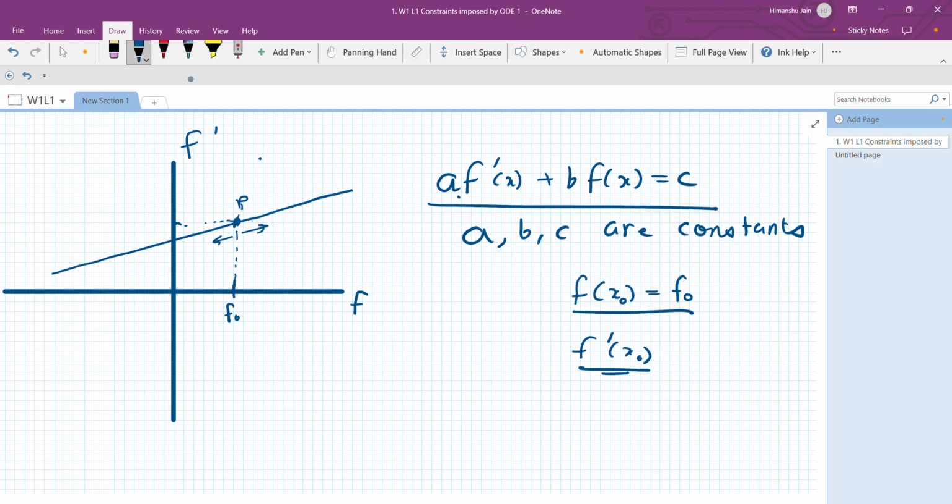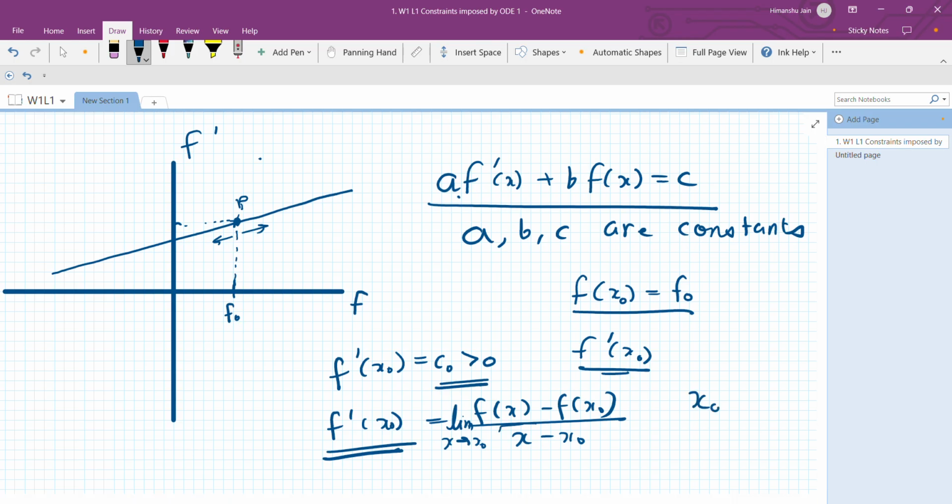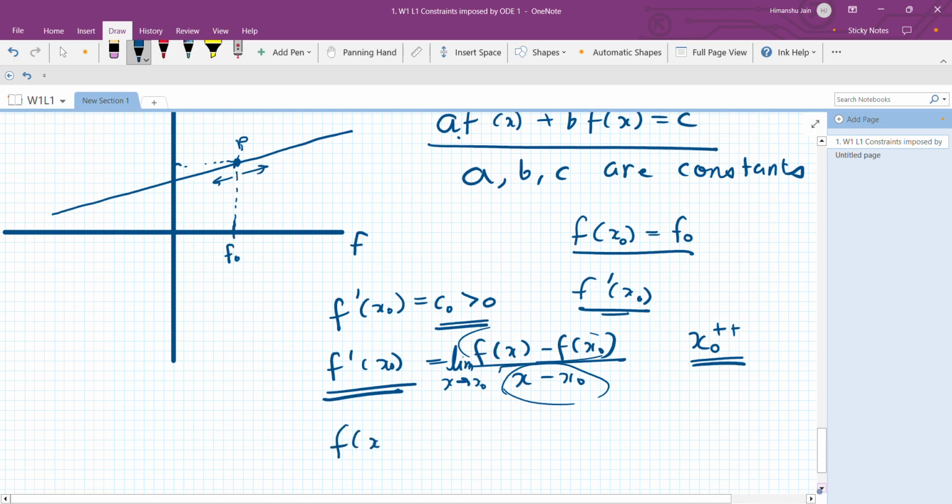So suppose we know that f dash of x naught is equal to some constant c naught which is greater than 0, where f dash of x naught is the limit as x tends to x naught of (f(x) minus f(x naught)) divided by (x minus x naught). If the derivative of the function is greater than 0 at x naught, and I move in the increasing direction of x, the denominator is always positive. For the left hand side to be positive, the numerator has to be positive. This means that f(x) should be greater than f(x naught)